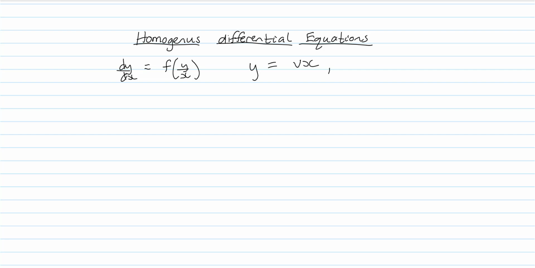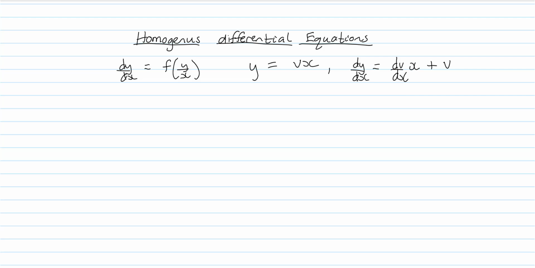So if y equals v times x, and to be clear, v is also a function of x, then we'll differentiate y with respect to x. So that means dy by dx equals dv by dx. So we take the differential of the first, just using the product rule, times x, plus the first function times the differential of the second function, which is x. Differentiate x, we get 1. So we end up with that. So that means